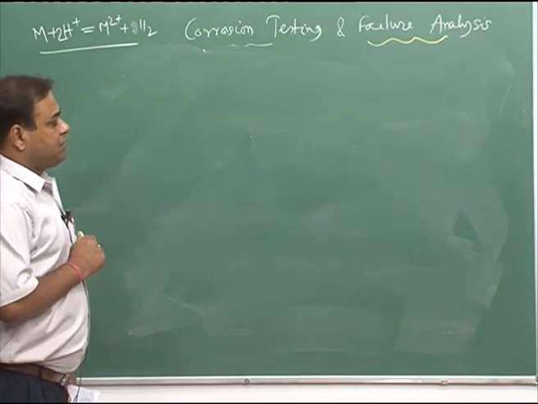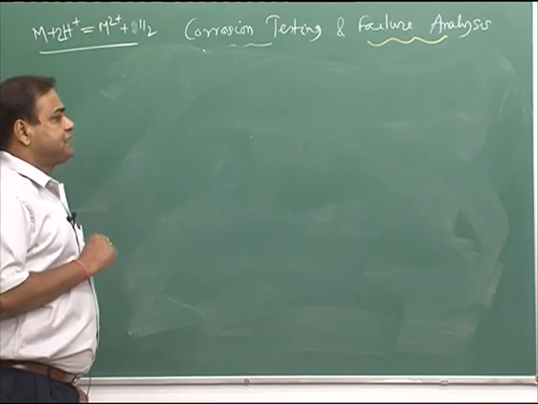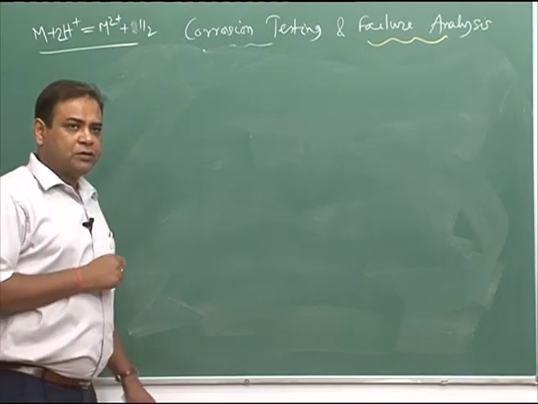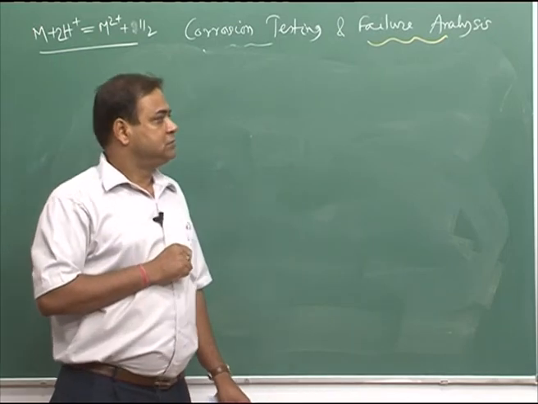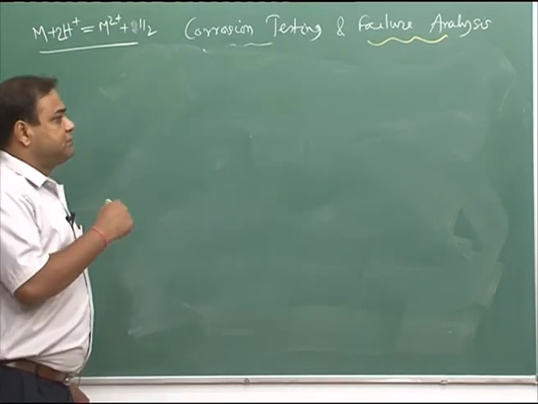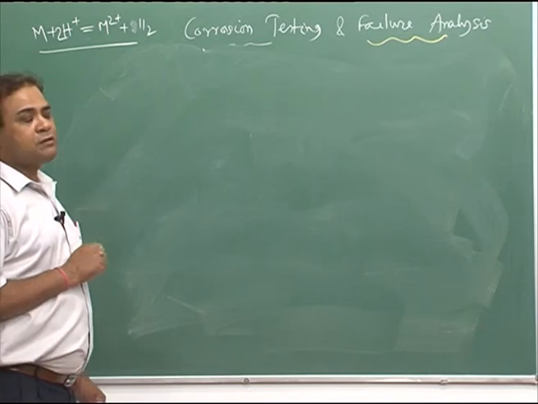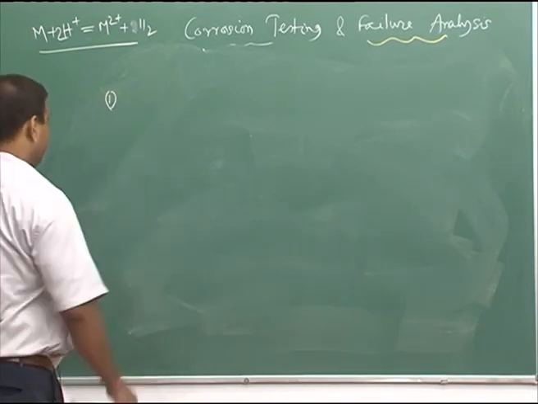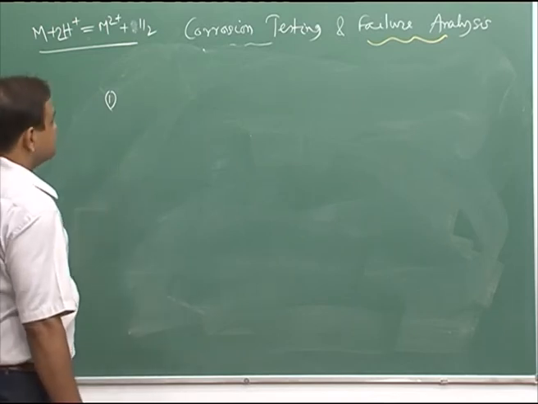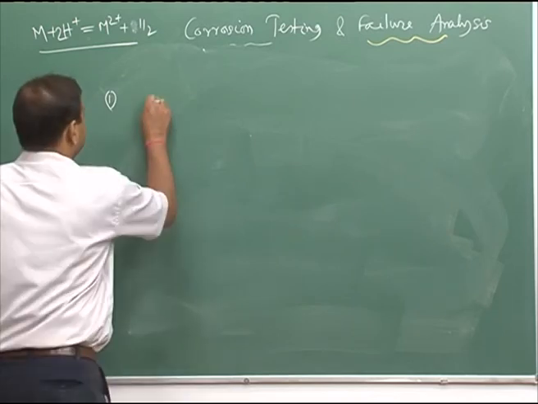On top of that, there are other test methods to find out the corrosion cracking susceptibility of a particular metal, and for corrosion cracking we can use a method where a notch sample,